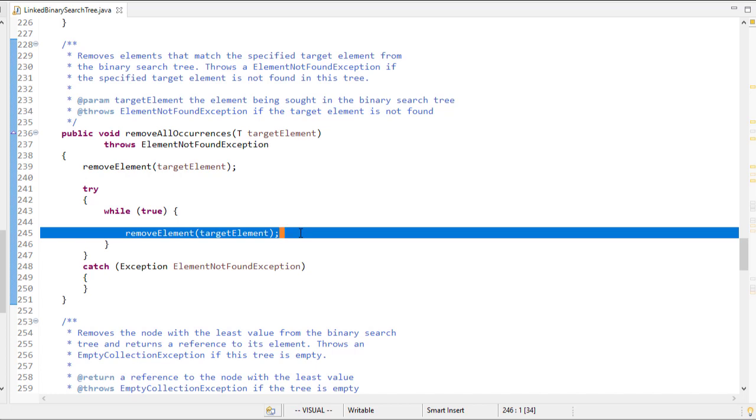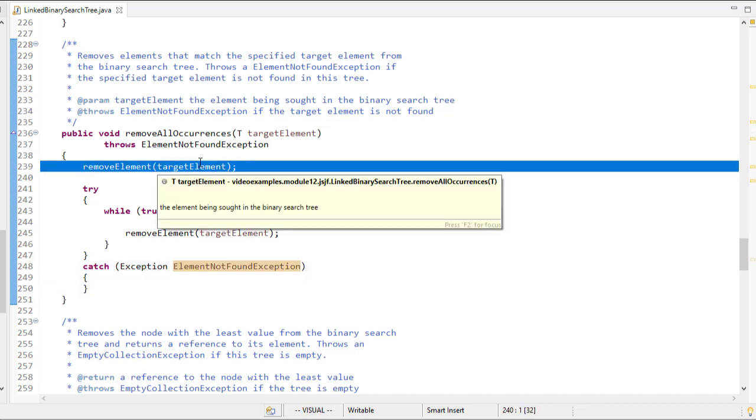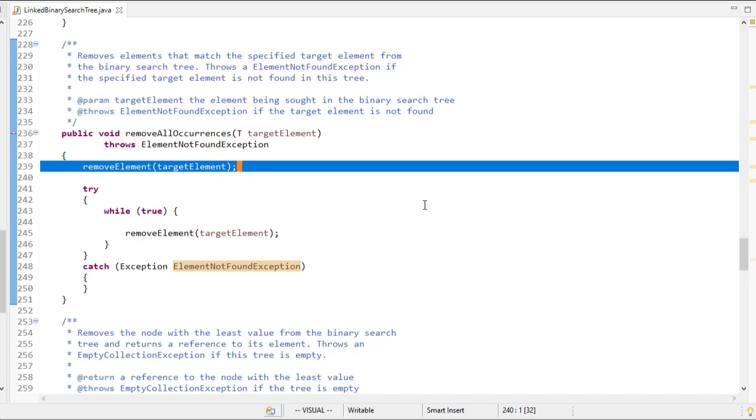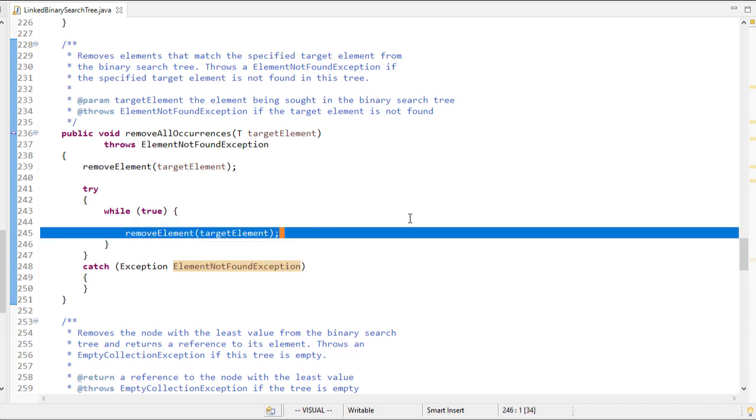Now, eventually we remove them all, so this will throw an exception. That exception will get caught, and you'll notice we don't do anything with the exception in this case. If the first remove throws an exception, we do propagate it because that means that element doesn't exist in the tree at all. But then here we use that exception handling to exit out of this infinite loop